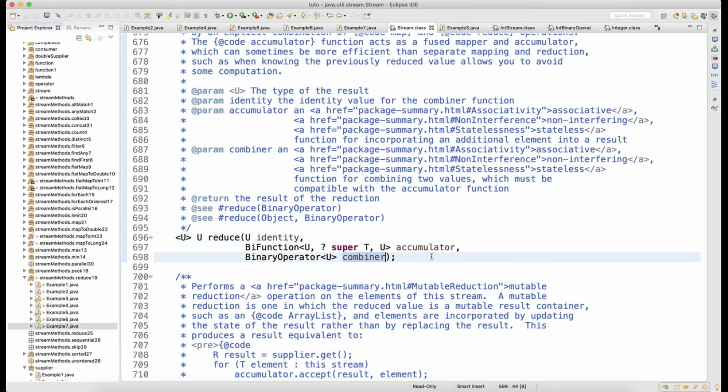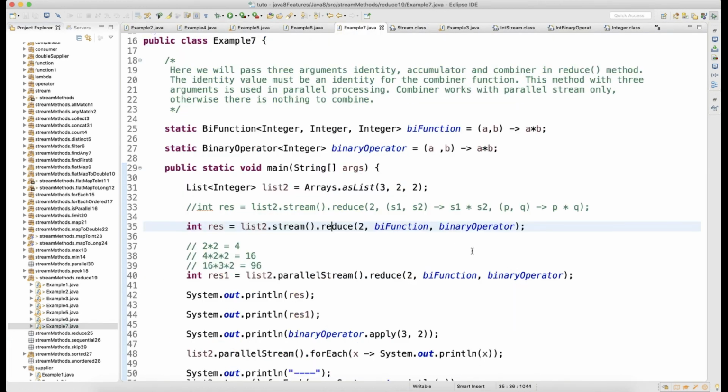Okay, because here why I am saying that this is of no use, this combiner, what it will combine? If it is a parallel stream, then only it will combine. But you are doing those things in sequence, so there is no data which this binary operator will hold and combine with a different thread, okay, because you are running in sequence, so there is nothing to combine with the other thread, right? So this will be useful only if you are running the stream in parallel. That also I will show you.